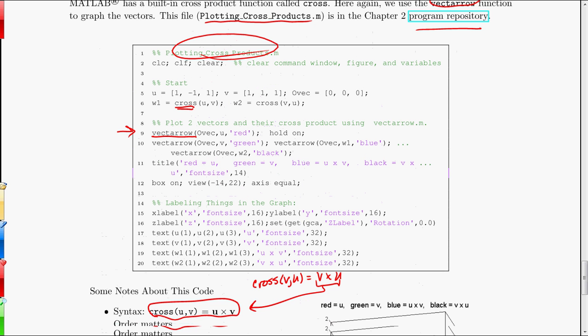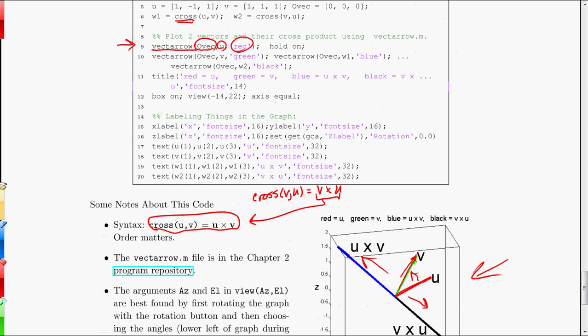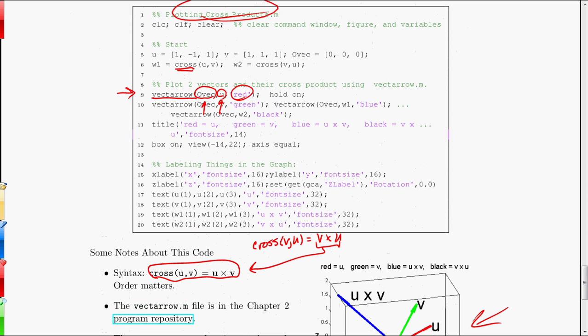Basically, with vectaro you give the original point and the terminal point of a vector and a color, and it will draw an arrow from the first point to the second point. As far as MATLAB's concerned, a point, like here's the point 0, 0, so that's the origin, and here's a vector 1, -1, 1, that's still, as far as plotting goes, a point, even if you call it a vector,